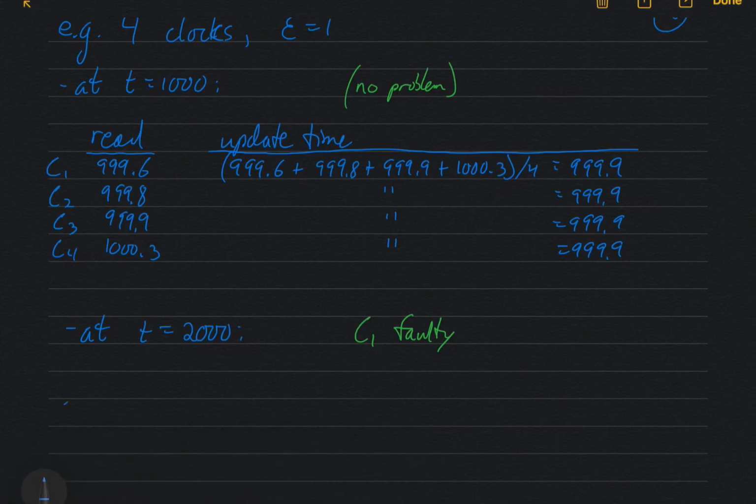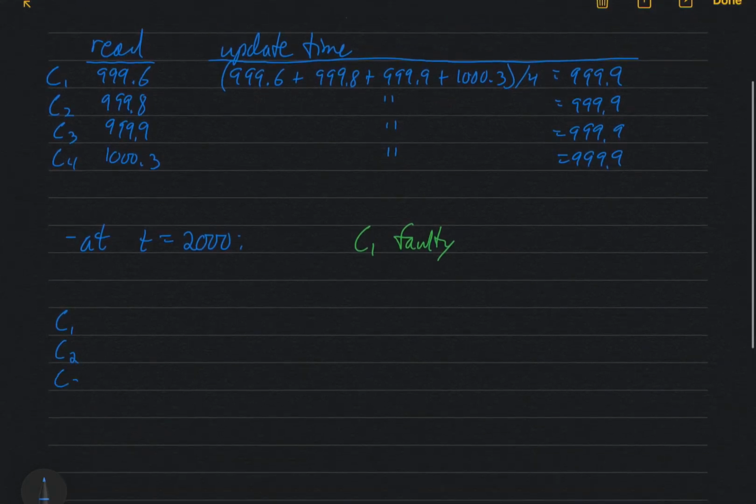So we've got C1, C2, C3, C4. We've got the time that's read, and so what we see is 998.6, 1998.6,